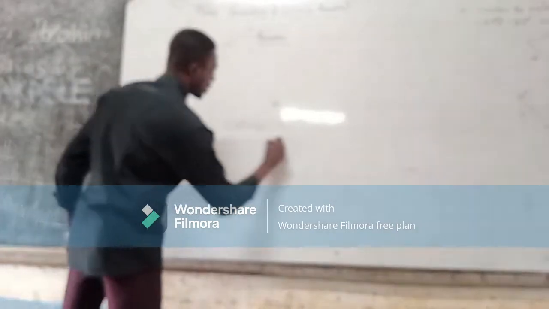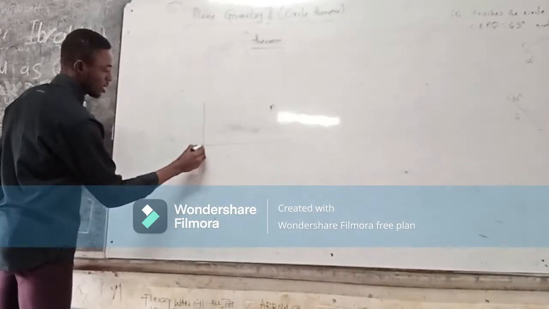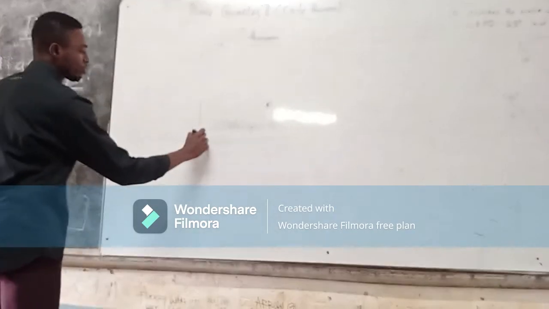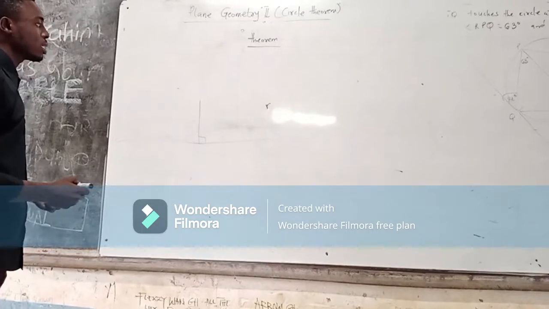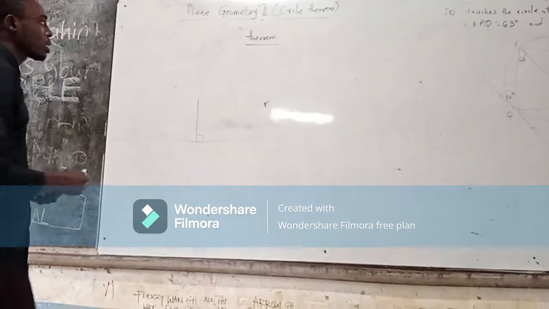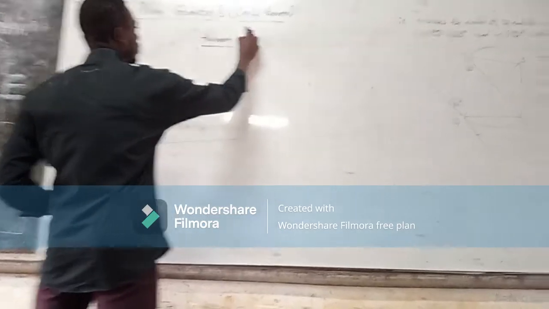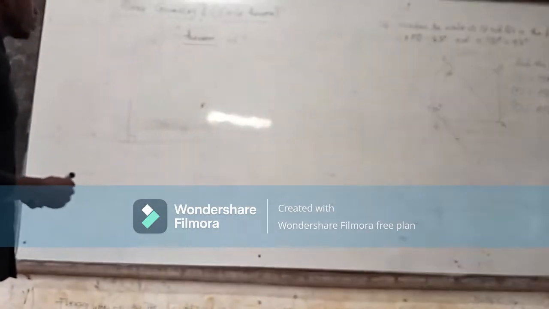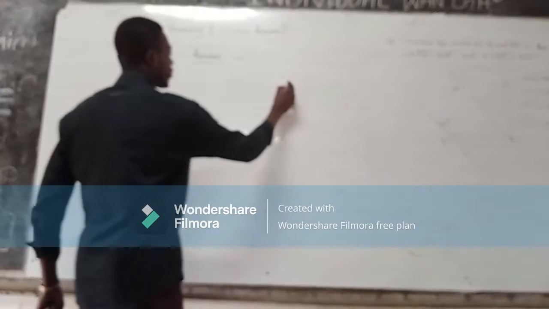Once we have a tangent, a radius meeting a tangent forms 90 degrees. Let's keep this in mind. So we are just combining the 7. And theory 7 is saying that if we have a circle,